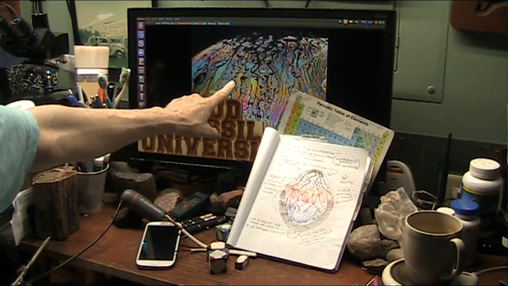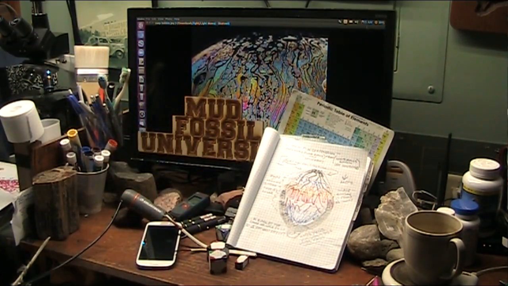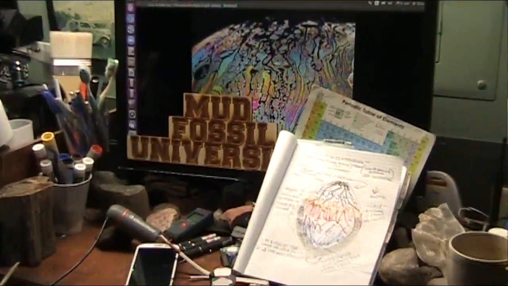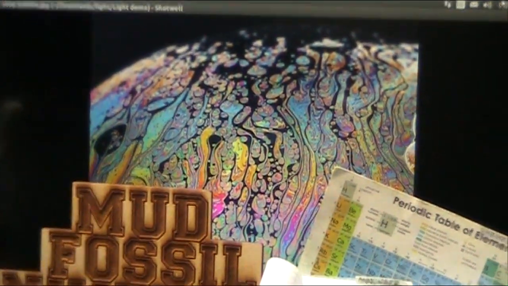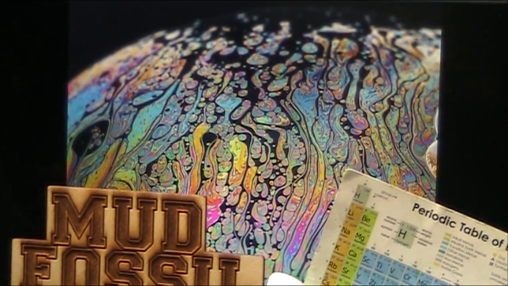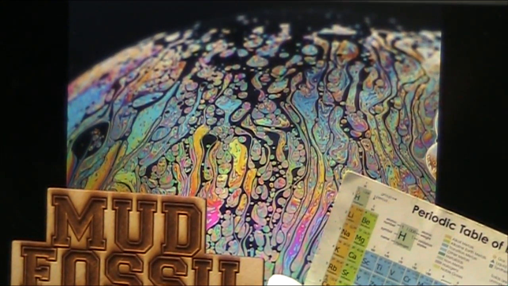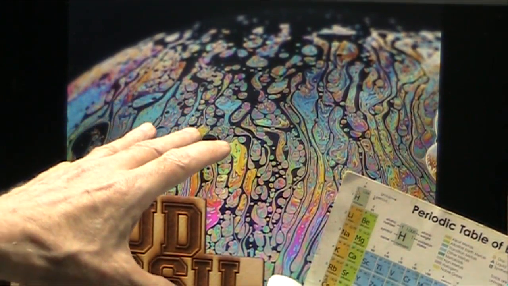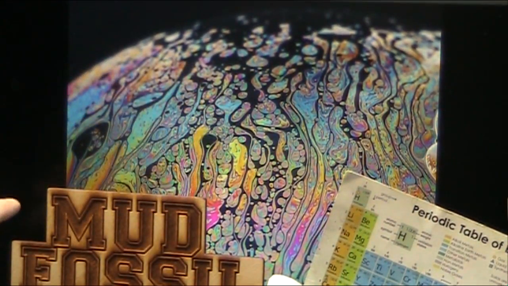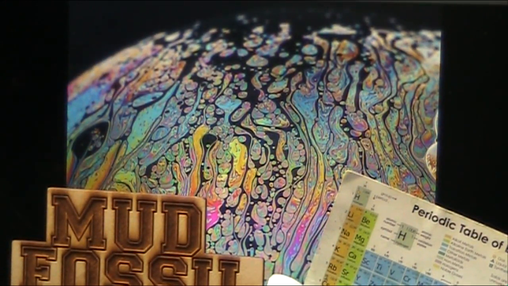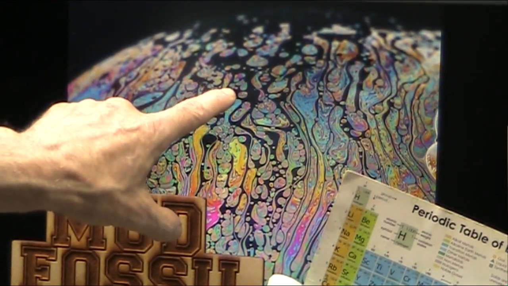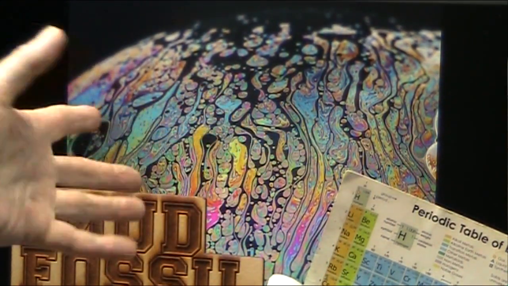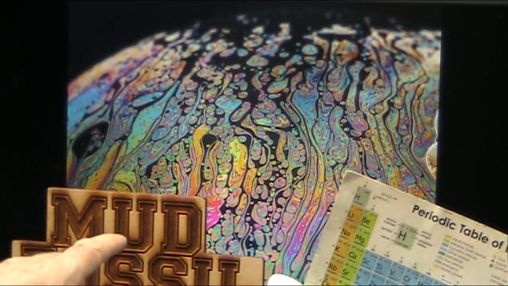What do you see right there? Or can you see that? Yes, you can. Let's home in on that. Now, we're going to go into this. I want to give credit to the guy that is doing this thin film photography. But the average person looks at that and says, wow, that's fabulous looking, and then they just go on about their life. I look at it and I start to think, what is going on here? Why are we seeing this black separating from all this? What's that all about? Oh, that's soap. I say, okay, good.